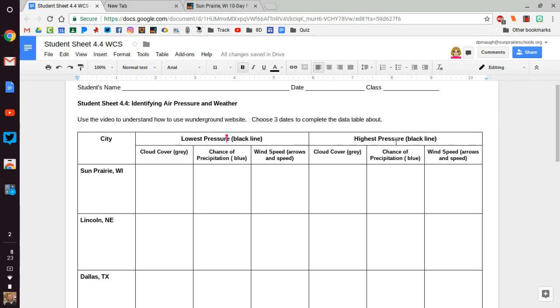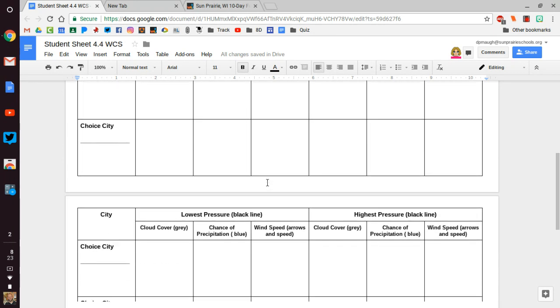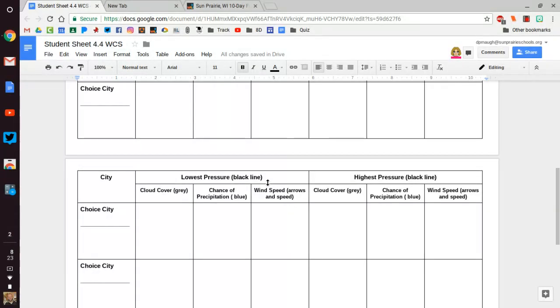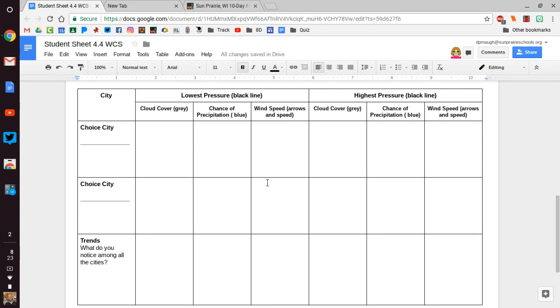So we're looking at weather forecasts in the future for different cities. You're also going to be looking for 3 cities of your own. So maybe your grandmother lives in Orlando, Florida, or you have a cousin that lives in maybe San Francisco, California. You get to pick those cities. And when we're done, you're going to be investigating the trends. So the similarities between all of these cities under low pressure